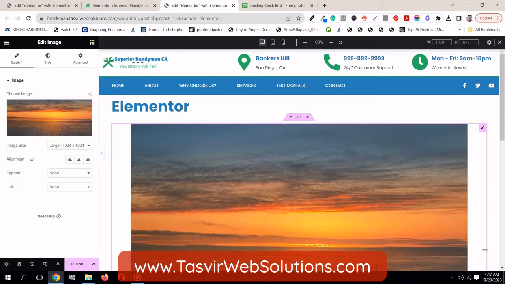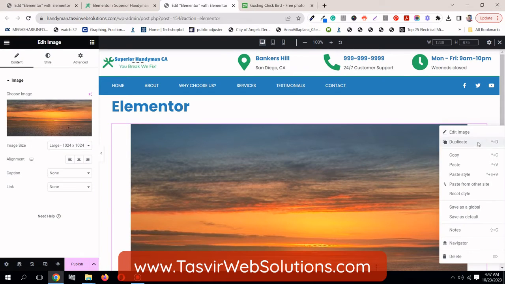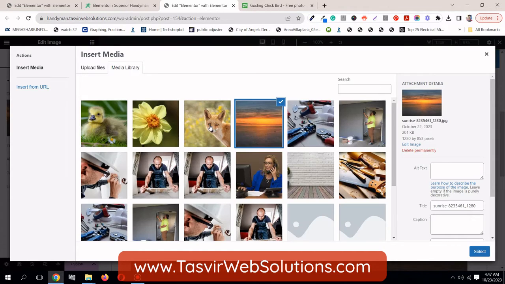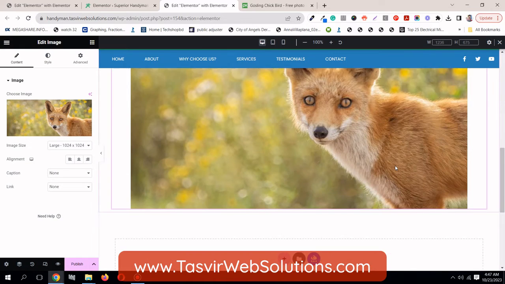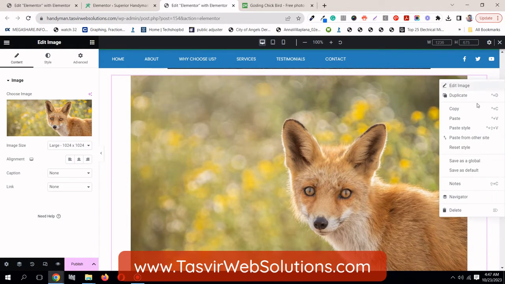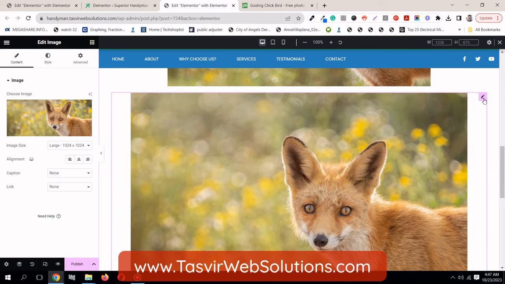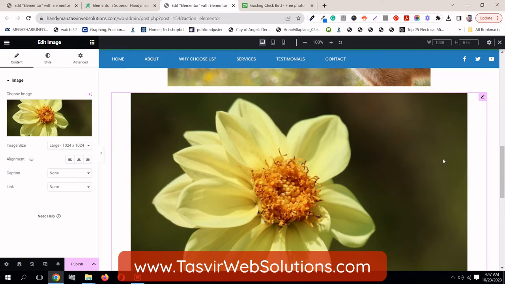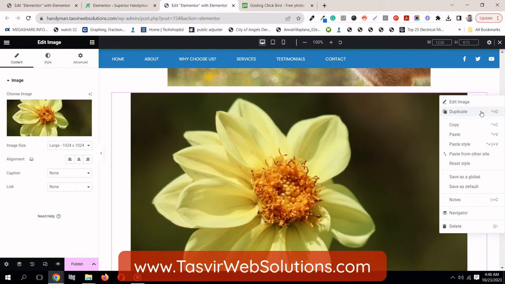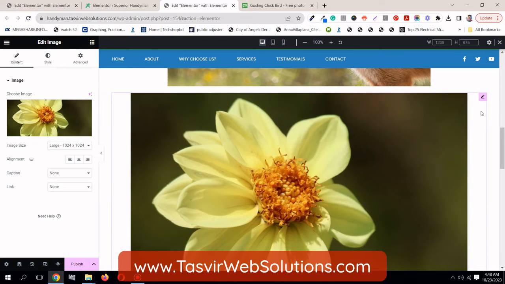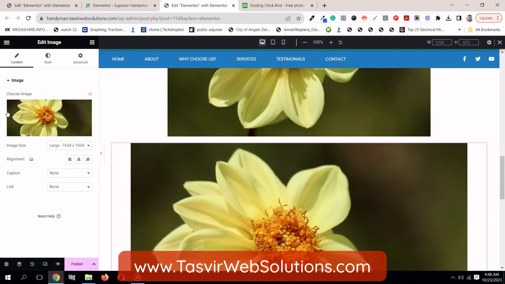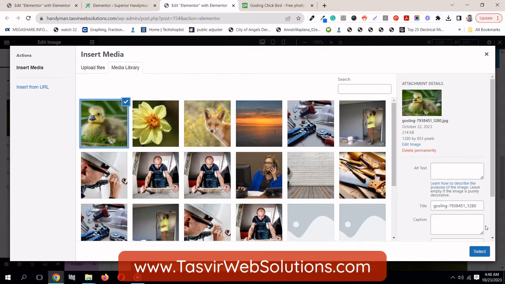I have some images over here, then I duplicate it, then I have another image over here, I add it over here, then I am going to add two more images, this one and also another image over here, and I'm going to add this one. Okay,